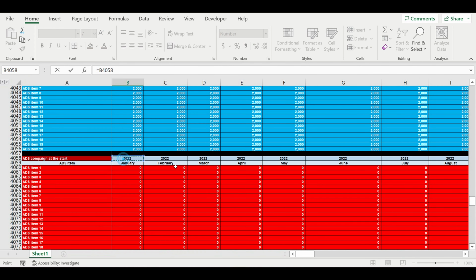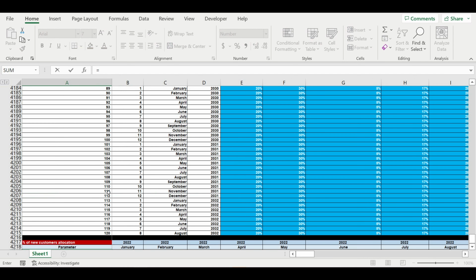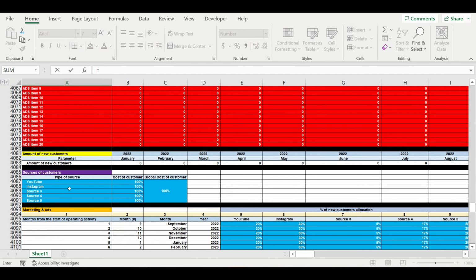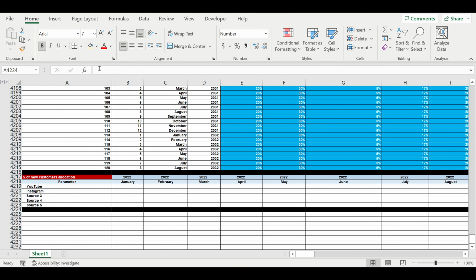This will be a multi-step story. So here I will mention the sources of our new customers. And here we will have a percentage format, and we will write a VLOOKUP